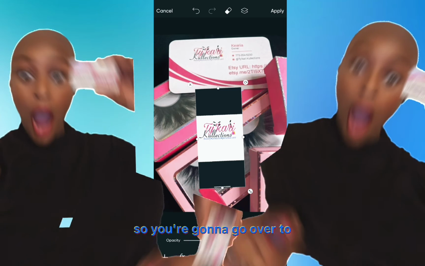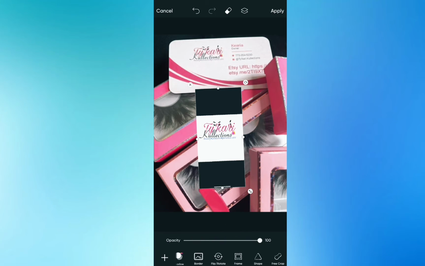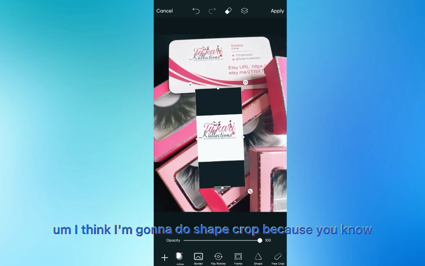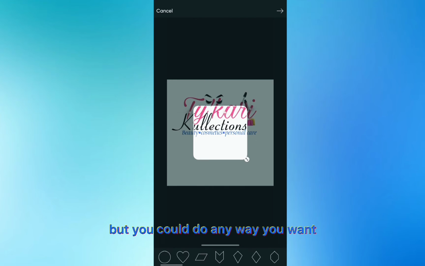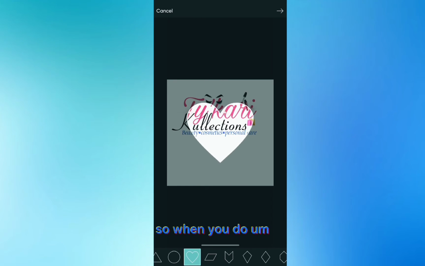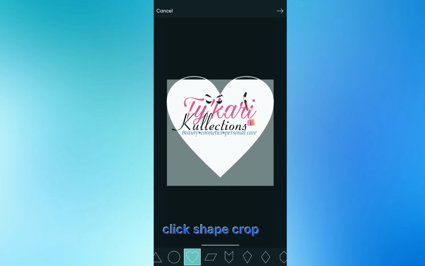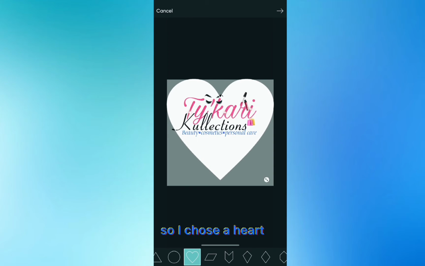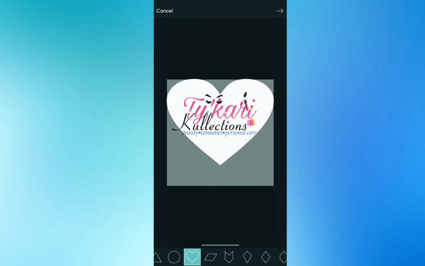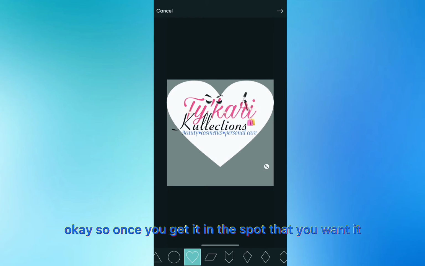So you're gonna go over to free crop or shape crop. I think I'm gonna do shape crop because I'm extra. But you can do any one you want. So when you click shape crop, I chose a heart just to show you that it's whatever you want to do. Okay, so once you get it in the spot that you want it,